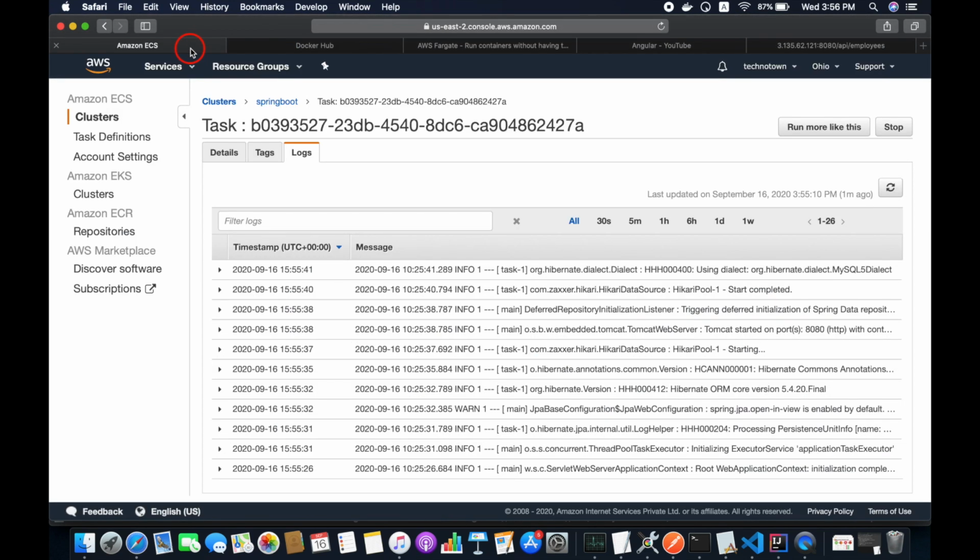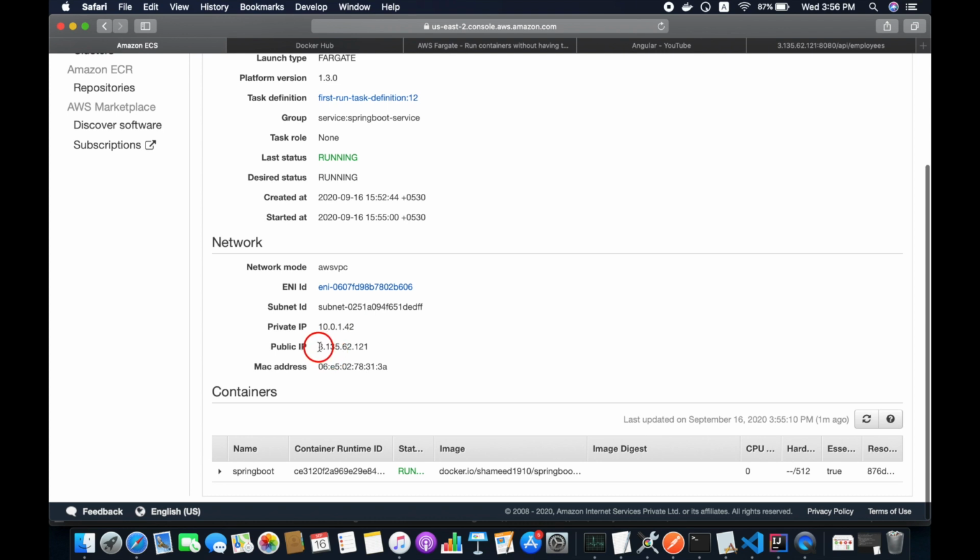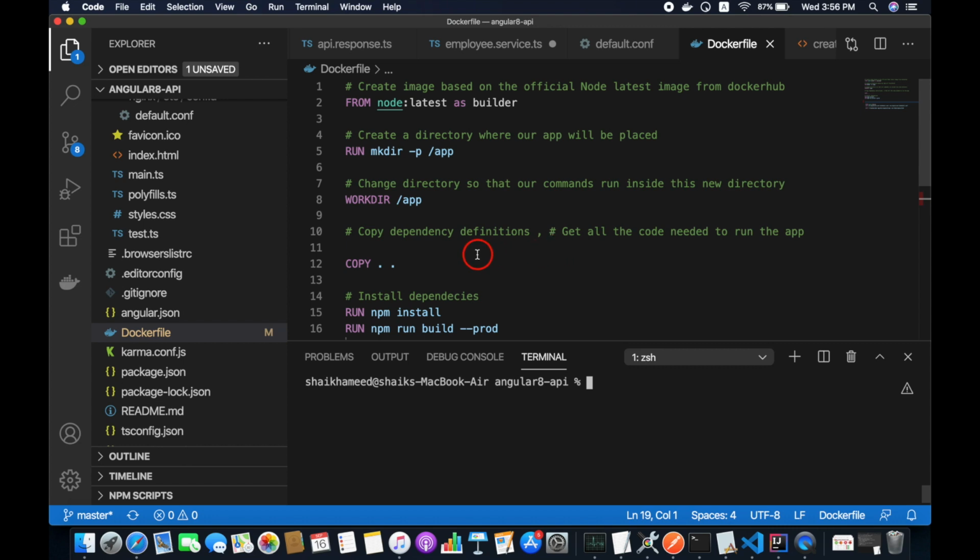Now what we are going to do is create clusters and tasks for our Angular application. Before we create the Angular application, come to details and copy this public IP, and open your Angular code.